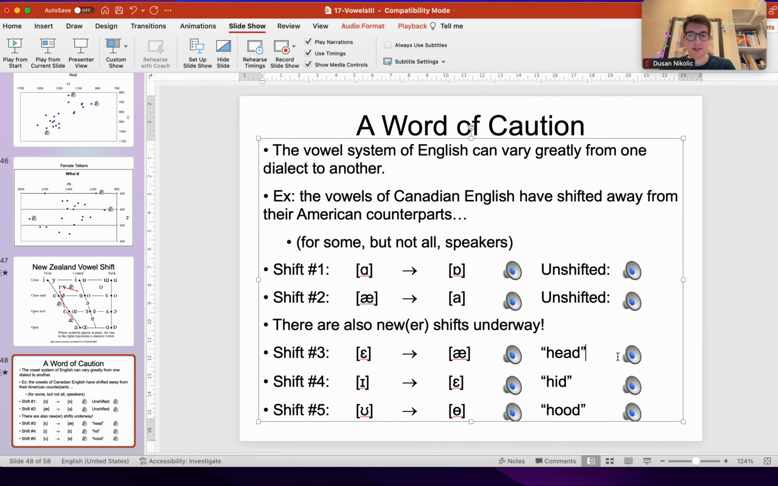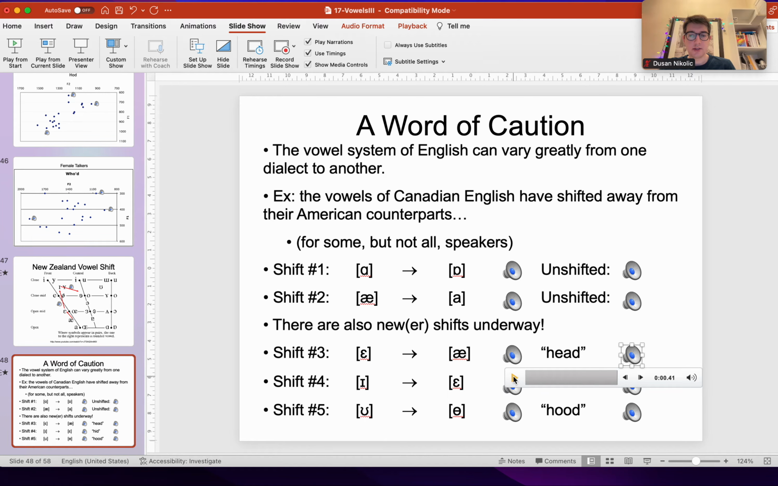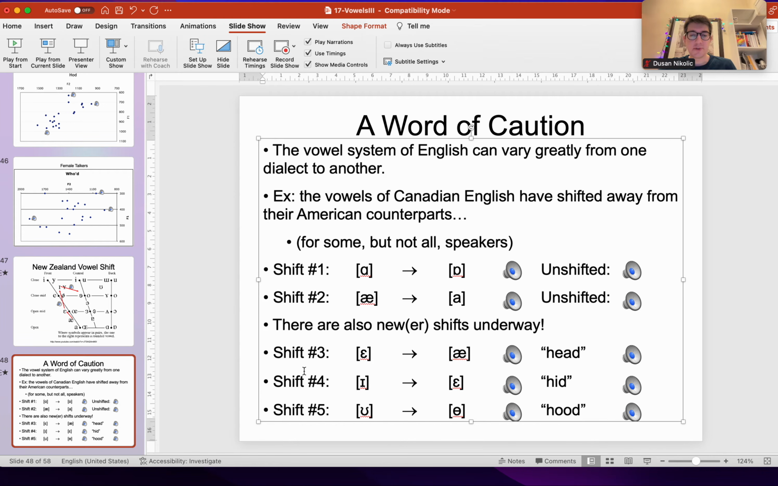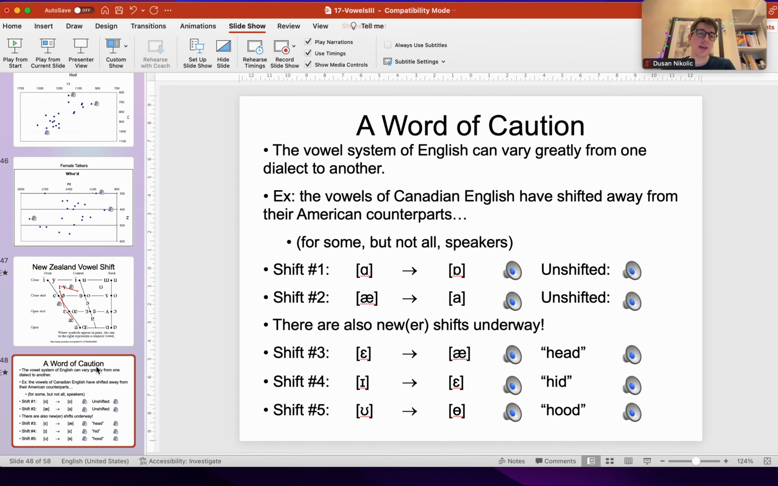Head. Bed. Bed. Or bed. Head. This is head instead of head. Bid. Bid. Hood. Hood. Or hood and hood, right? Yeah, it's even difficult for me to produce them that way, but this is a newer, quote-unquote, shift underway, and